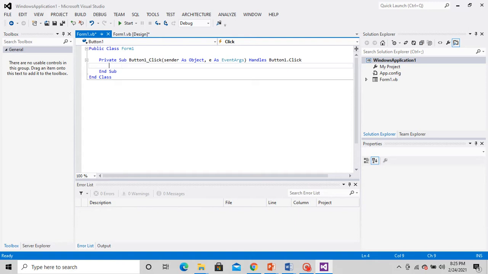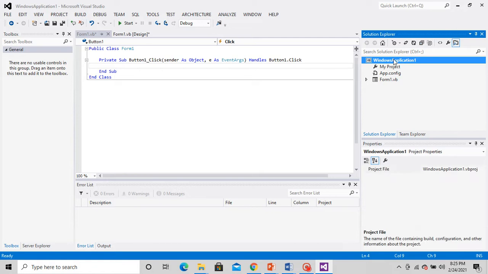What do I want? Initially I'll show you for the admin, for example. If somebody types admin as the user ID and admin as the password, it should go and enter into the admin page. So let me create one more form for that, called form 2.